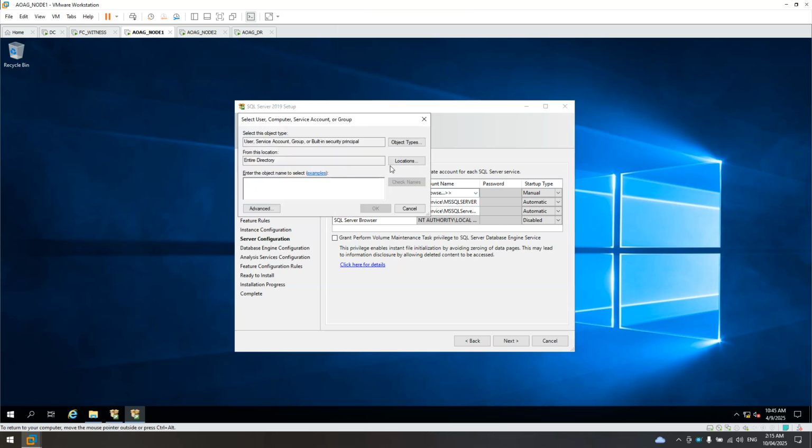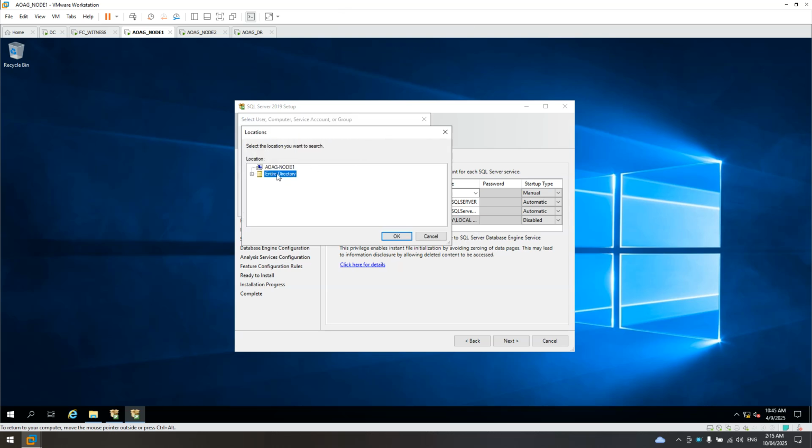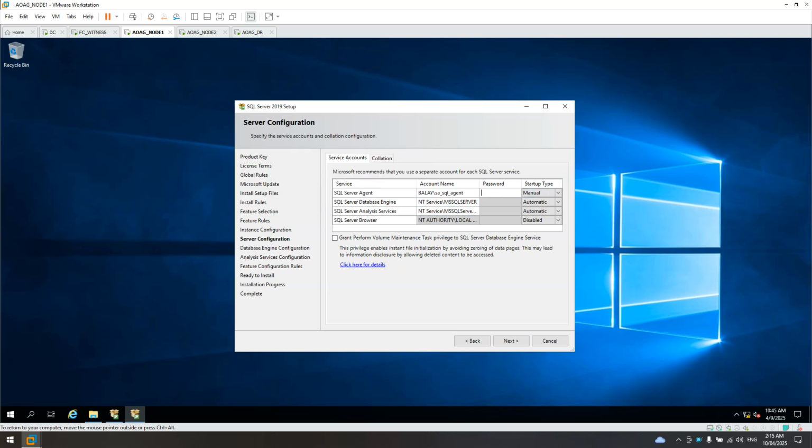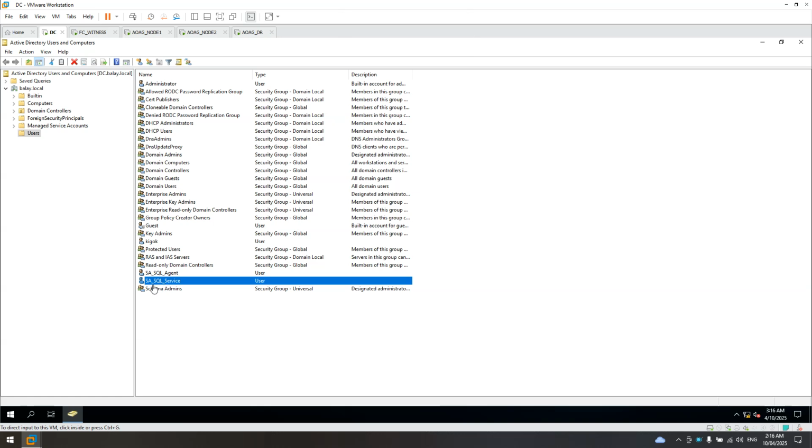Browse. The location should be the local domain. SA underscore SQL agent. Check. That's it. And type in the password. Make sure you type in the correct password. Same with the database engine. The database engine here is SA underscore SQL underscore service.